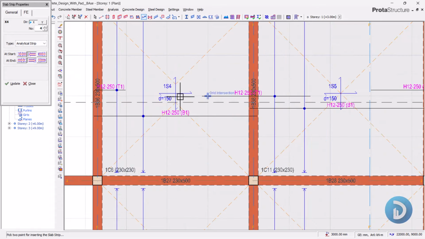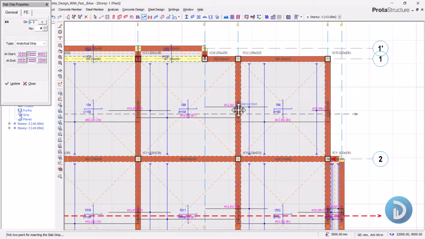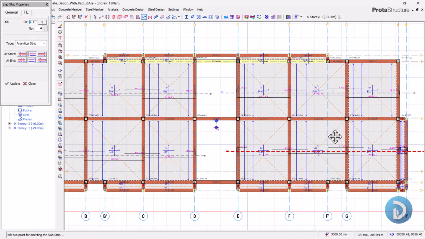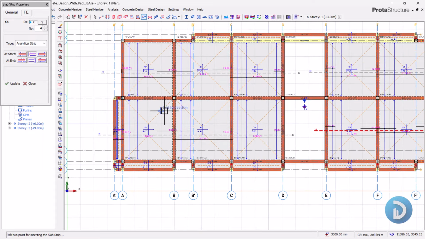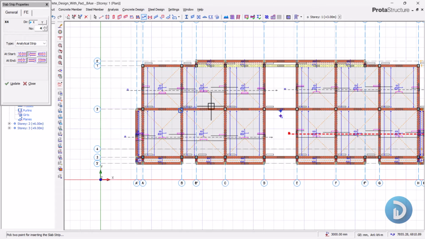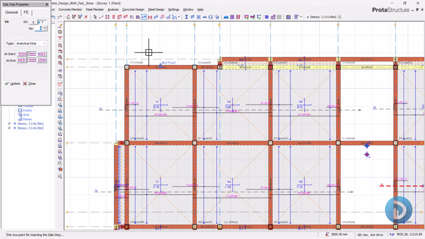Okay, so you can check the reinforcements. These are the provided reinforcements. Then we are done with the x direction, and we'll come to the y direction. Also for this first span of slab we have it governed by a beam, and at the end we also have a beam. So we'll click here and here, and we'll start from